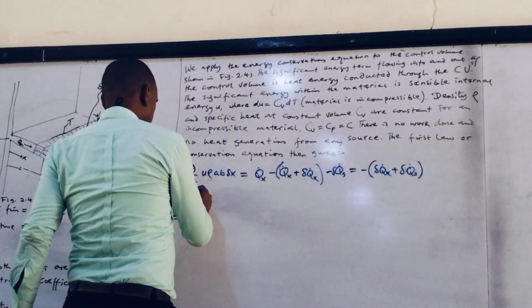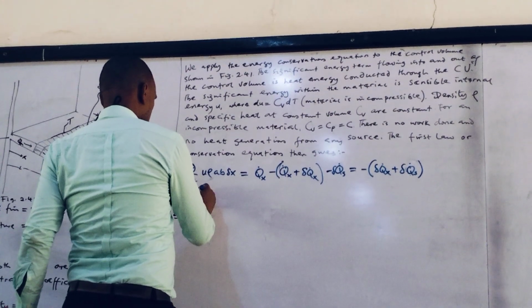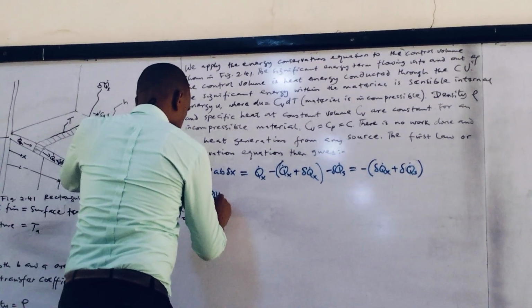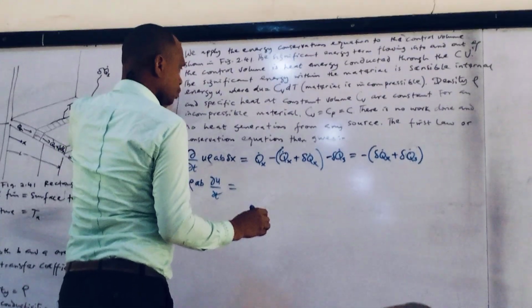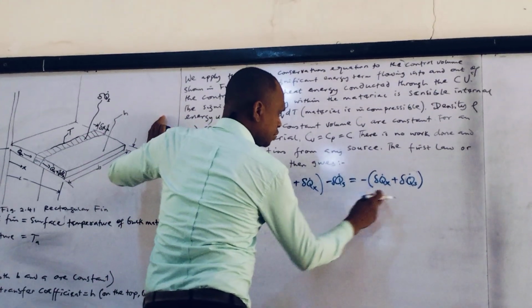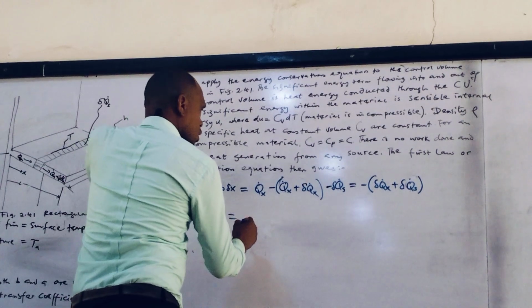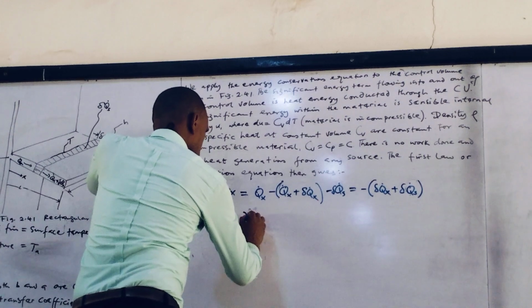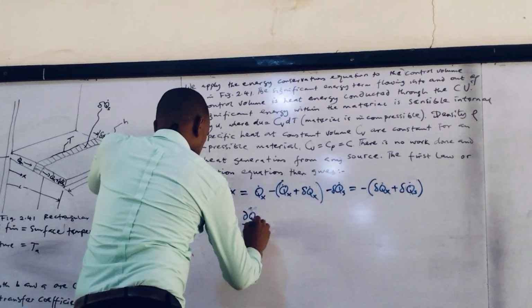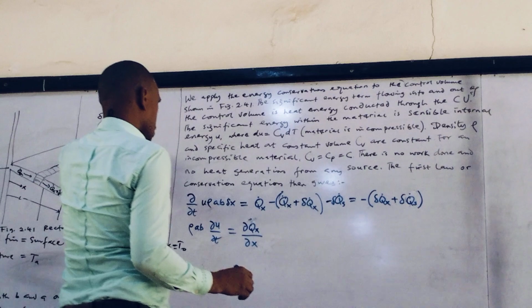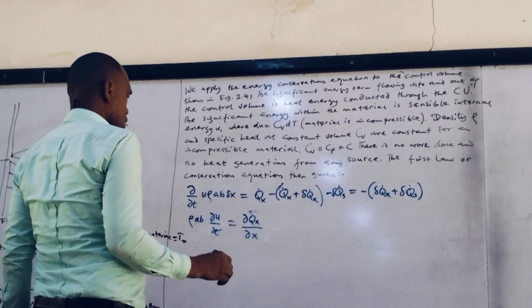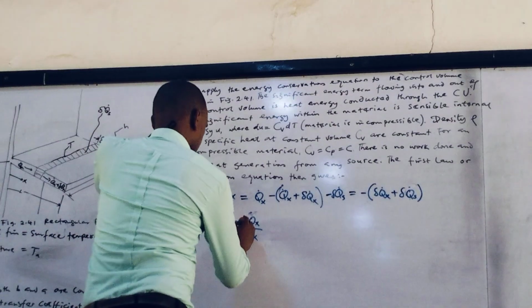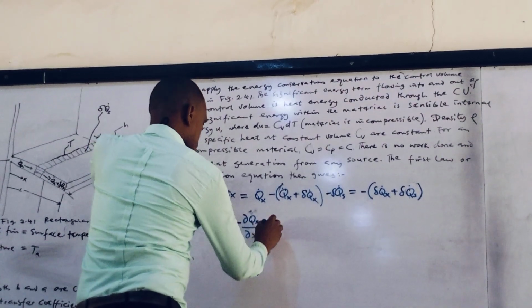We now have that rho A B du dt is equal to, of course, evaluating, dQx over dx, dx over dx, minus